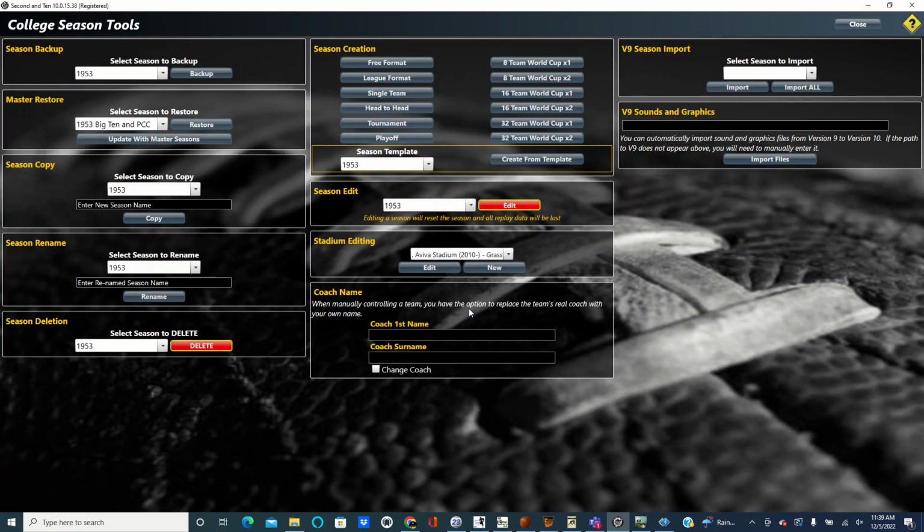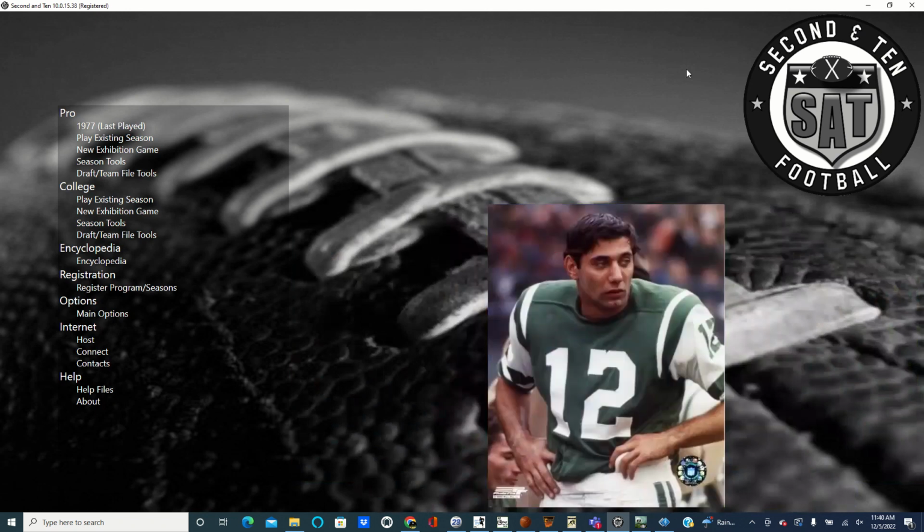Plus, I hate neutral site games. I don't like bowl games. I like the on-campus stuff. If they do the new playoff format, the first round is on campus. All the rounds should be on campus, unless we're going to play the title game somewhere else. Fine, but all the games should be on campus. All right, so